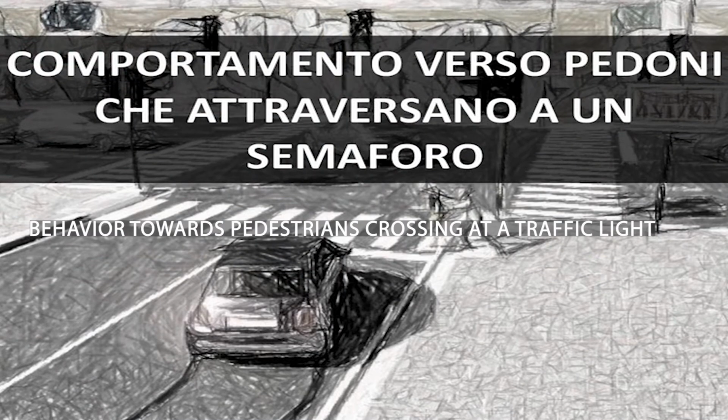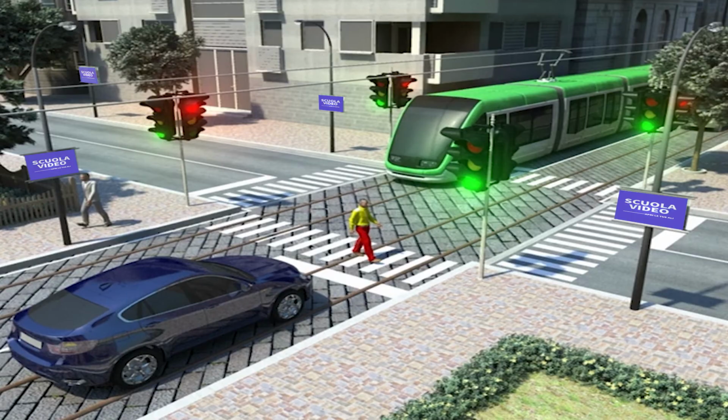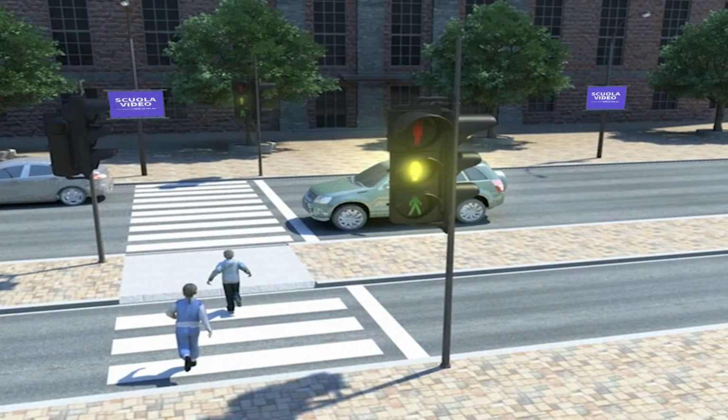Comportamento verso pedoni che attraversano a un semaforo. Behavior towards pedestrians crossing at a traffic light. Before engaging an intersection, after the green light of the traffic light has gone off, the driver must wait until the pedestrians have finished crossing the road. When there are children stopped at the traffic lights, caution must be exercised as they could suddenly